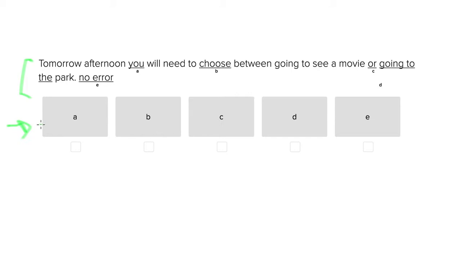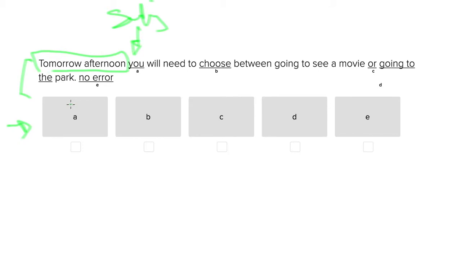Tomorrow afternoon, you will need to choose between going to see a movie or going to the park. So let's go ahead and consider the first one. Tomorrow afternoon, you. There's no problem here. This is introducing the subject of the sentence. The fact that you have the time information here before the subject makes absolutely no difference, so nothing to worry